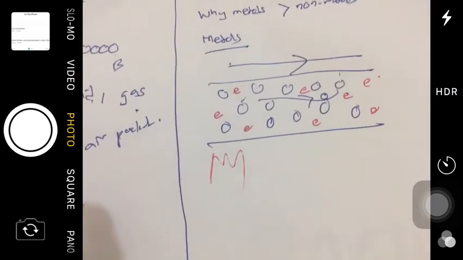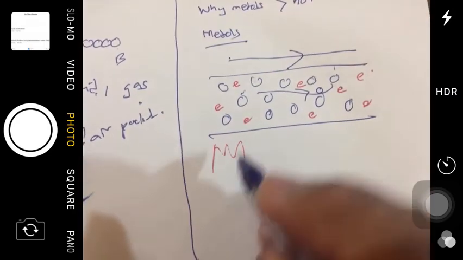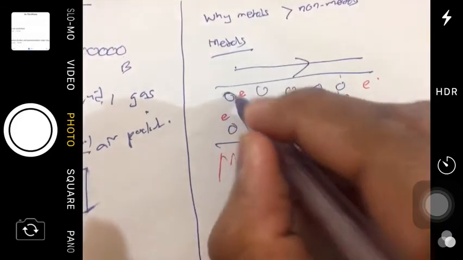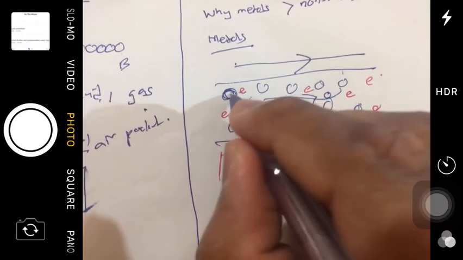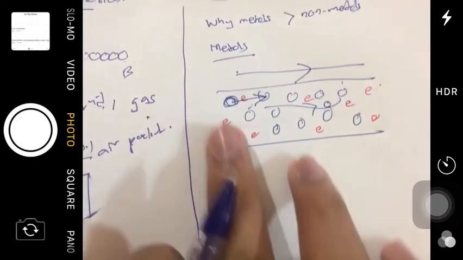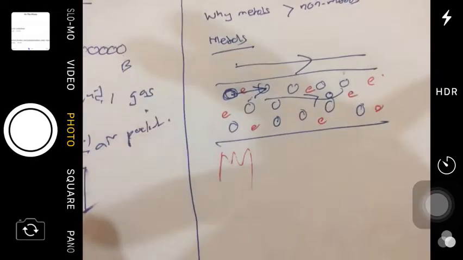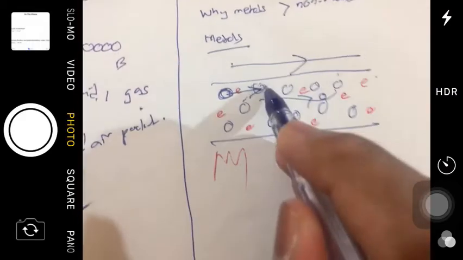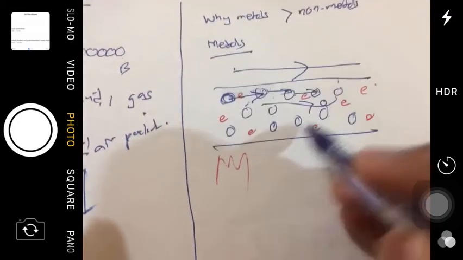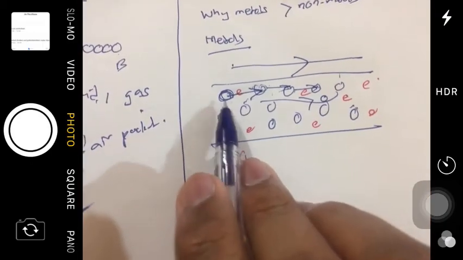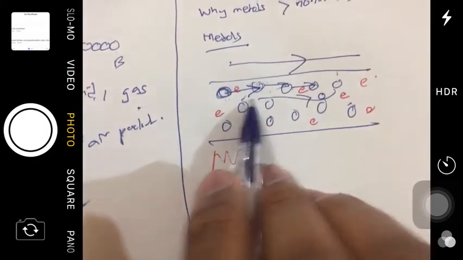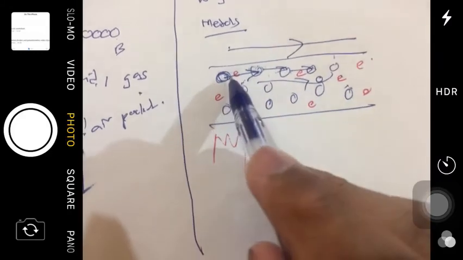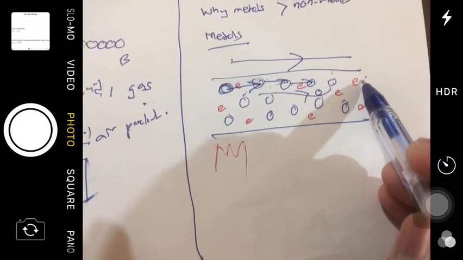At the same time, there is also the possibility of heat transfer by lattice vibration. That is, the atoms which are vibrating, and obviously the atoms in the hot region will be vibrating more because they have more kinetic energy, so they will bump into the neighboring atoms, and likewise the kinetic energy will be transferred by the bumping of the vibrating atoms with the neighboring atoms, and it will be transferred to the cold region.